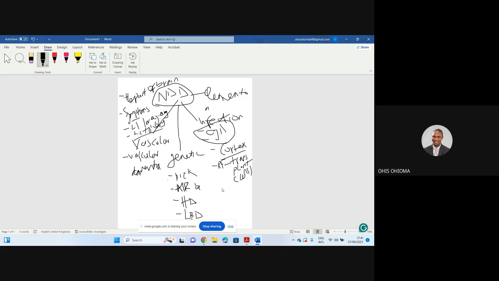And the pathology behind this is that prions are the major proteins implicated. We have normal prions in our body, right? They are normal proteins that are supposed to be degraded by protease.